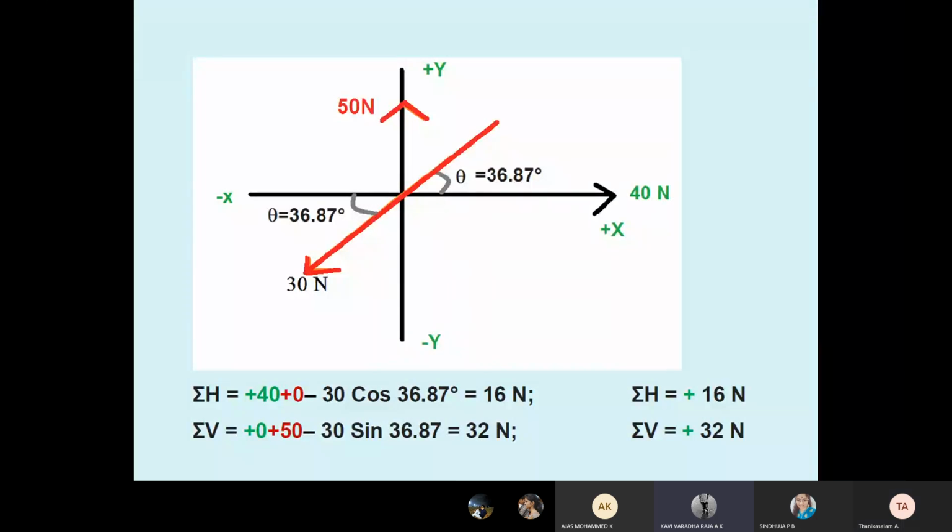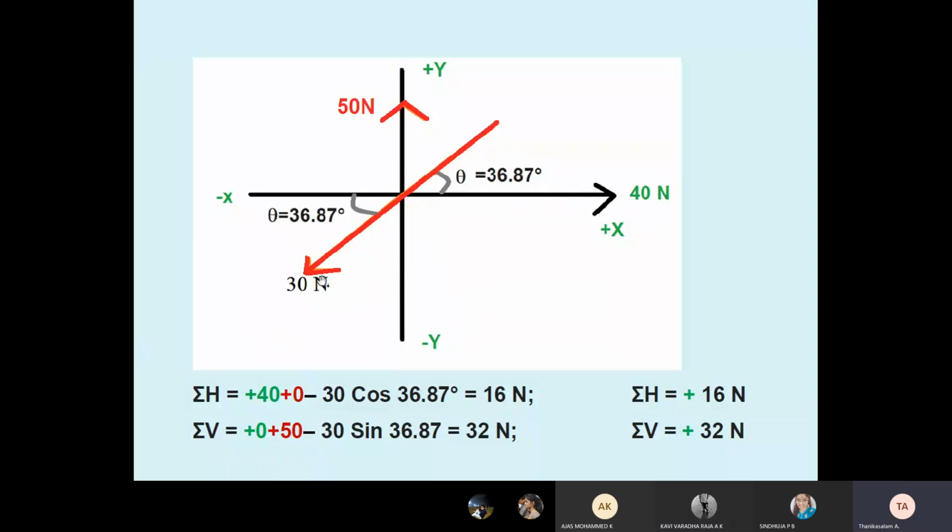Then the summation of V in this is also 0, sir, because there is no force acting. So there is no need to write plus 0. Okay, one is for understanding: for three forces, the force is acting only in the x direction, so it is not acting in the y direction. That's why I put a 0 in the vertical direction. Similarly, the 50 Newton is acting in the vertical direction, so I have added 0 for x, for understanding purpose only.